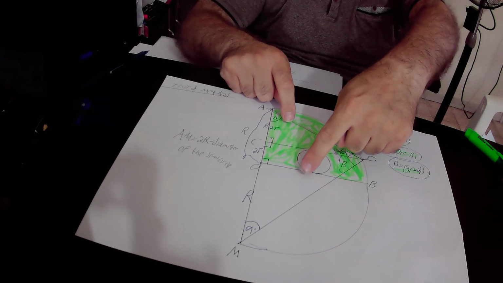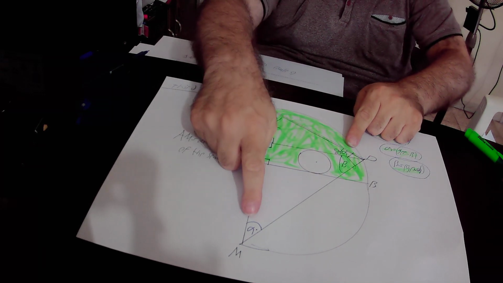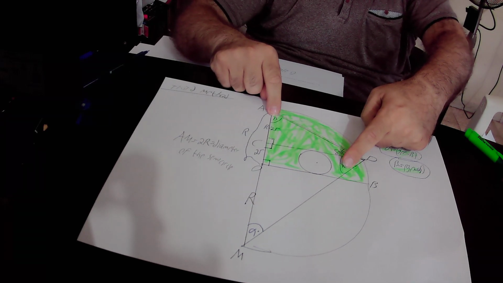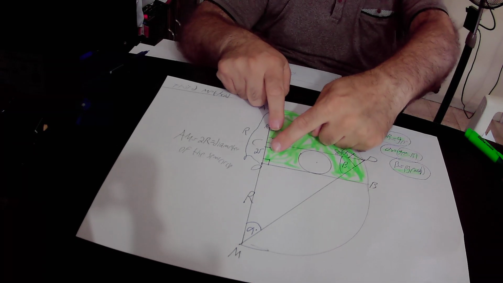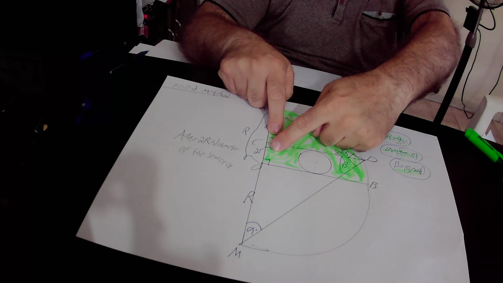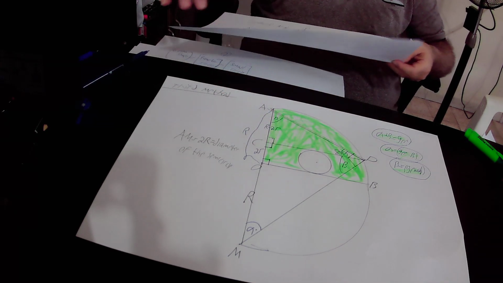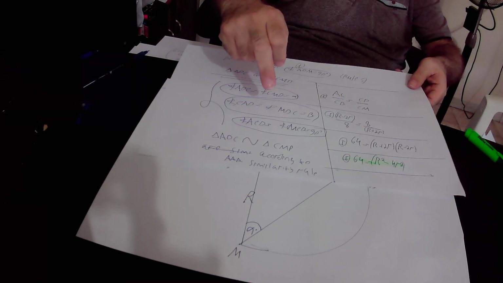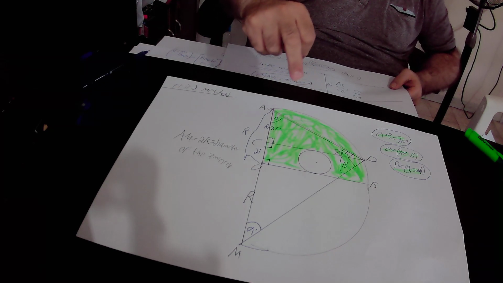Then we proved that those two right triangles are similar to each other. Why are they similar? First of all, those two angles are both equal to alpha. In addition, those two angles are both equal to beta. And finally, those two angles are both equal to 90 degrees. So we found out that those two right triangles are similar according to the angle similarity rule. From the fact that they are similar, we will derive that